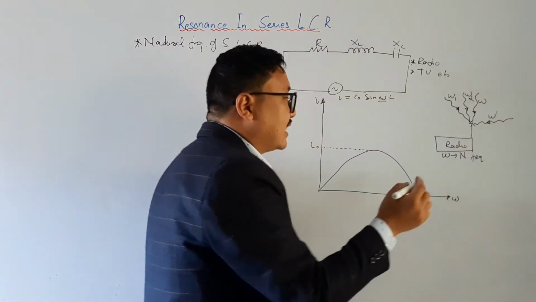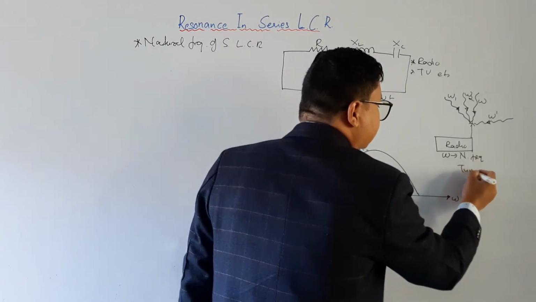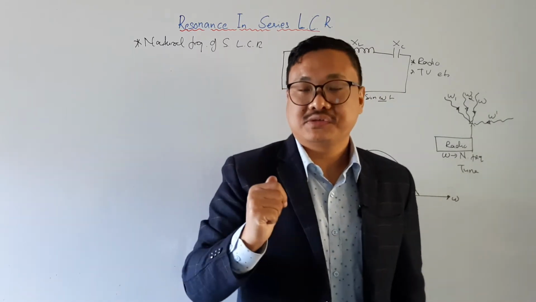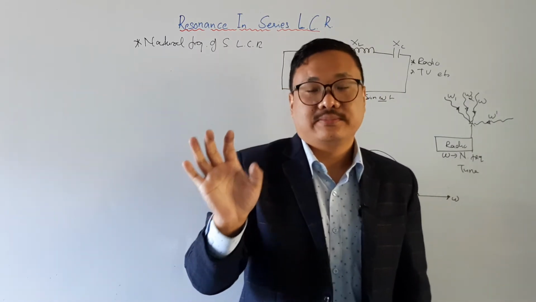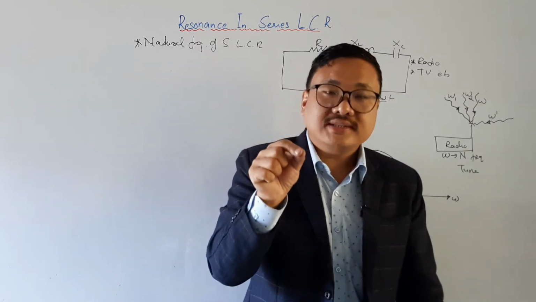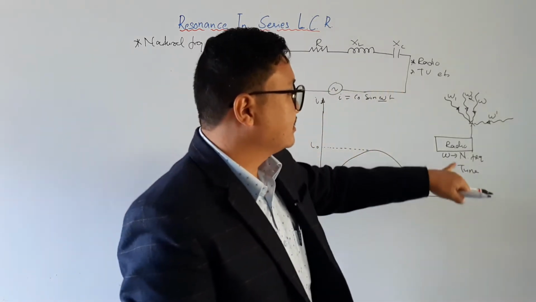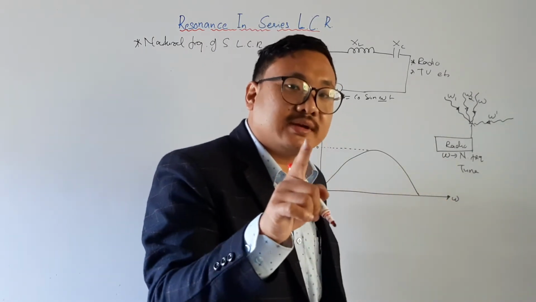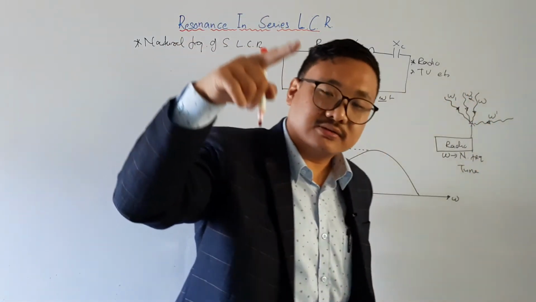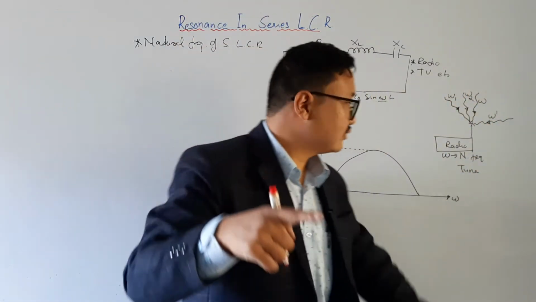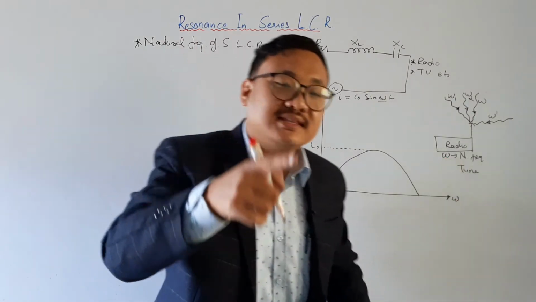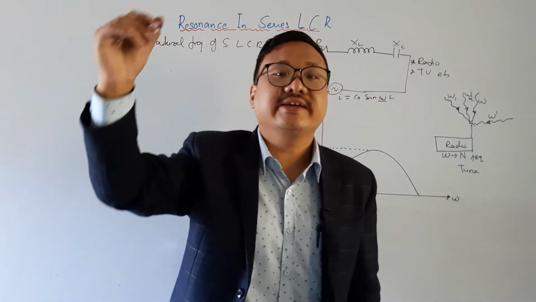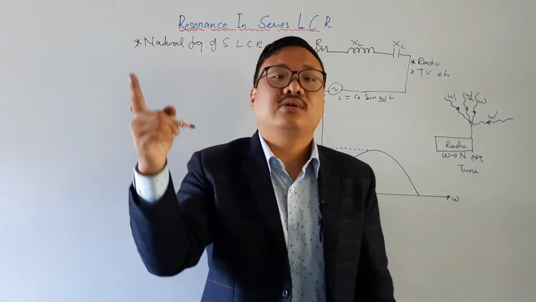Now whenever I tune this radio, I want a particular radio channel, say 95.5 megahertz. This circuit is oscillating with its natural frequency, and whenever the frequency coming to this antenna from the radio stations matches the natural frequency, at that time the current in this circuit will become very, very large, and this condition is called resonance.